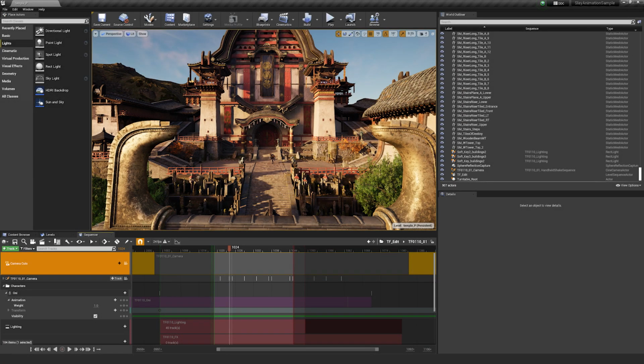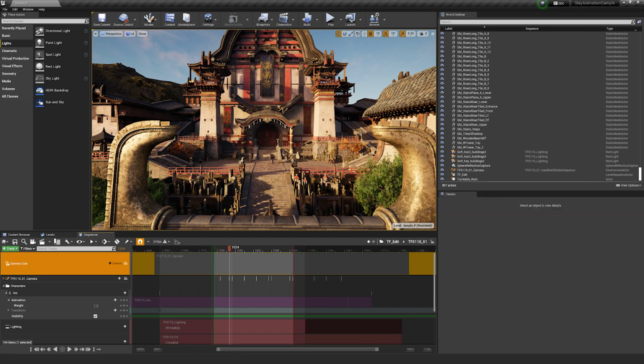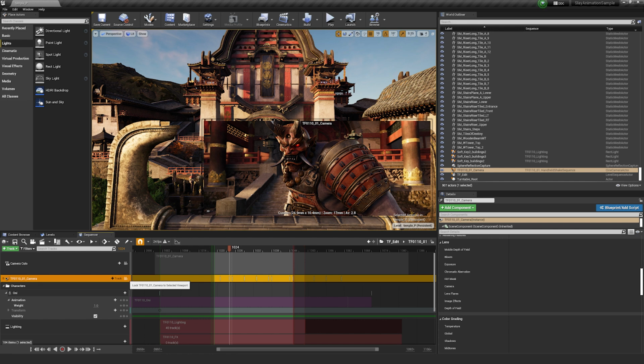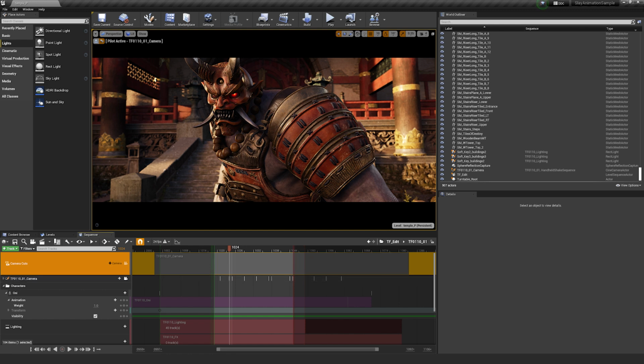Sometimes it's better when you actually want to see through the lens of that camera and see what it's seeing and how you're navigating around through it. An easy way to do that is by going to your camera here, and you will notice that all the way towards the right, there's another camera icon. Click on that camera icon and that'll snap you to what that camera is seeing, lens and all. Another way to see what camera is currently active for your shot is going to your camera cuts and also clicking on the exact same icon.